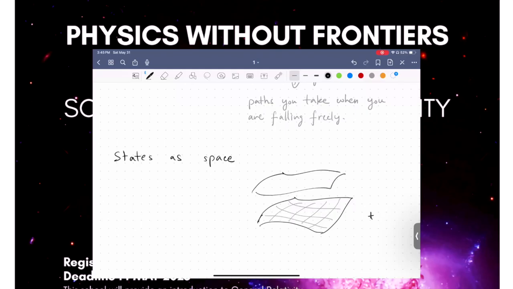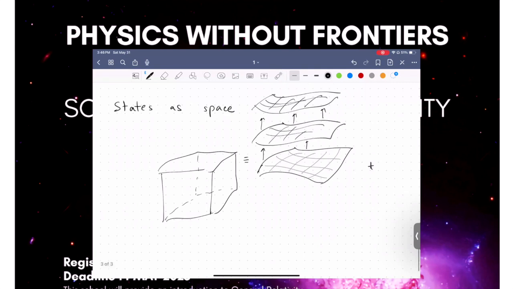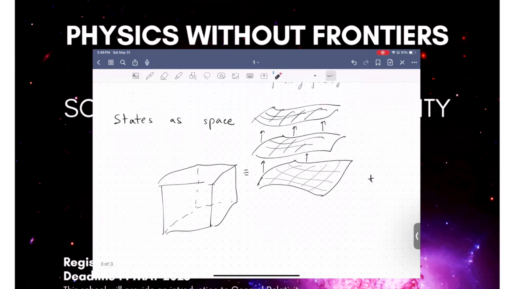So you draw your sheet at different times. And when you put all of this together, you get the structure of a spacetime, right? So now it's one higher dimensional object. So these are the same thing, basically. So if you kind of buy into this idea that our state should be described by space, then